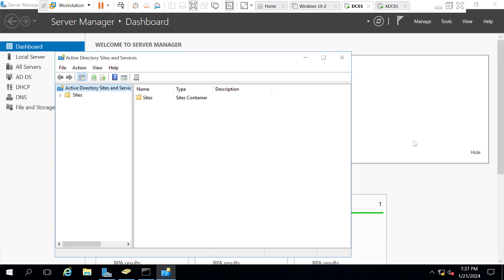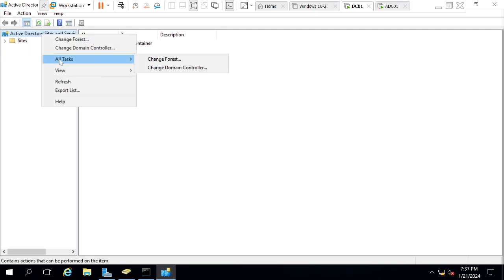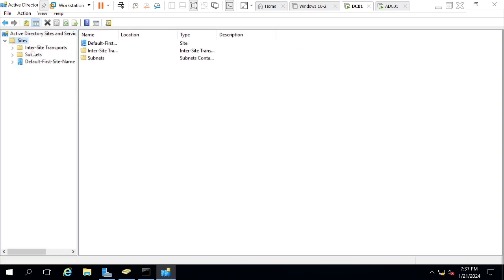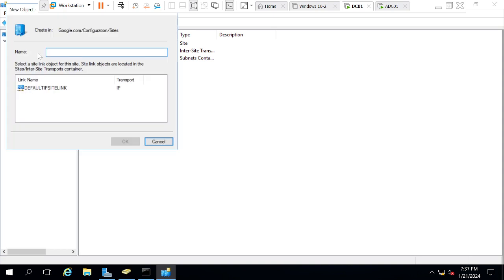Since both of my servers are in the same network, I don't need to have a site, because to have a site we should have the routers, the connectivity, and many other things, okay? But if you still want to create one, you can just come here to the sites, right click on the site here, choose new site, and you can create Hyderabad